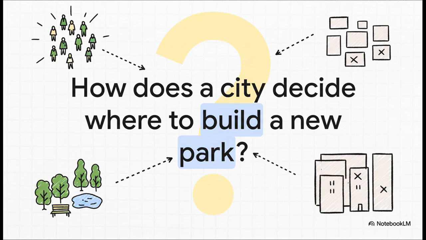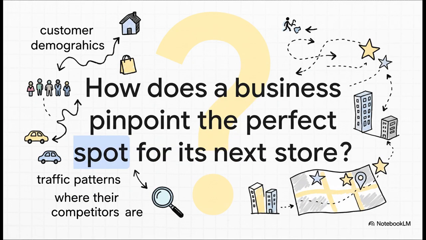Okay, so think about this for a second. How does a city actually figure out the absolute best spot for a new park? I mean, they can't just throw a dart at a map, right? They've got to consider who lives where, the bus stops, and where the other parks already are. It's a huge puzzle. Or, let's flip it to the business world. How does a giant coffee chain know exactly which street corner is the perfect spot for their next store? They're looking at everything: traffic, who lives in the neighborhood, and you better believe they know where every single competitor